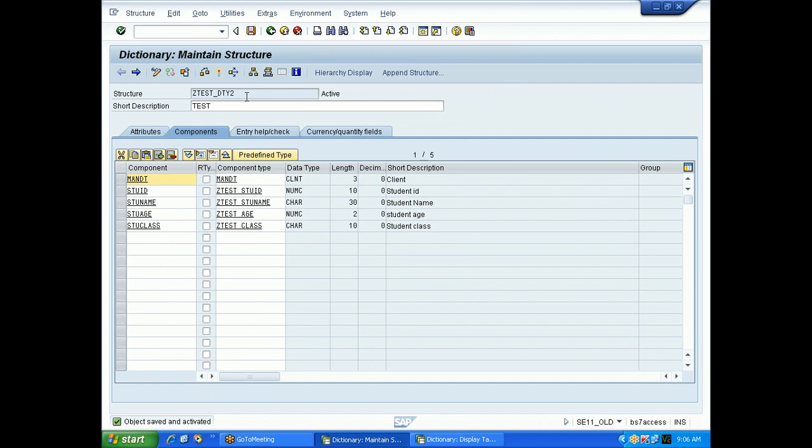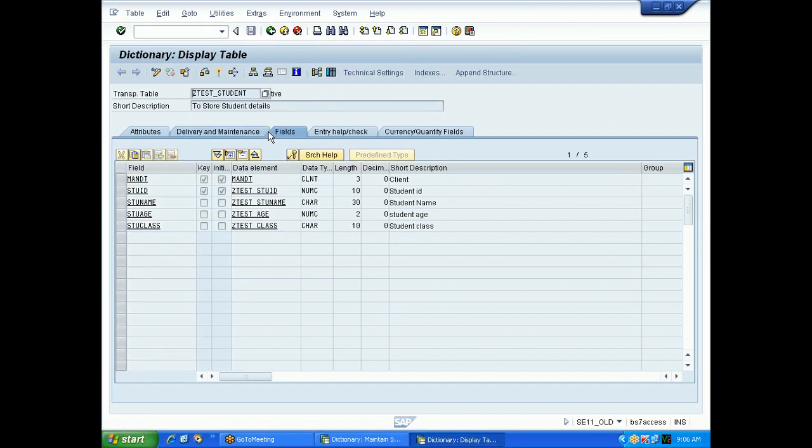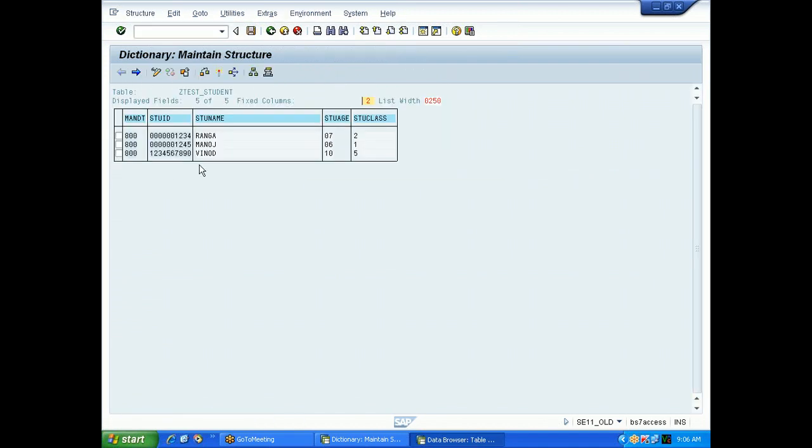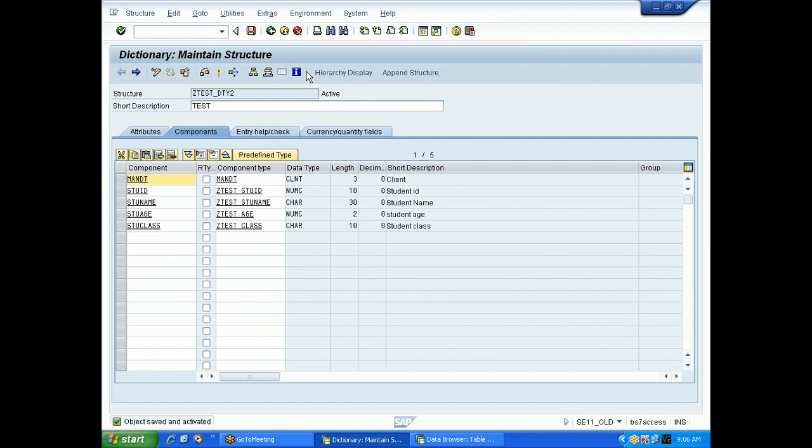Fine. Generally the difference between a table and a structure is that a structure is restricted to the structure level. In a table, you can have data additionally. That is the only difference. In a table, you have this icon, which is for the data. But where is that in the structure? Structure means only the skeleton, only the frame. Getting it? Table means both structure plus data.